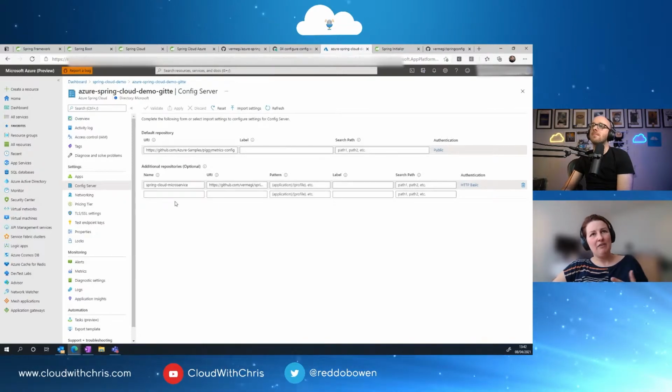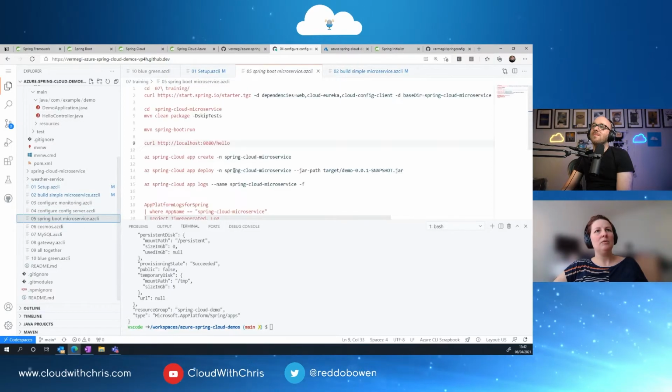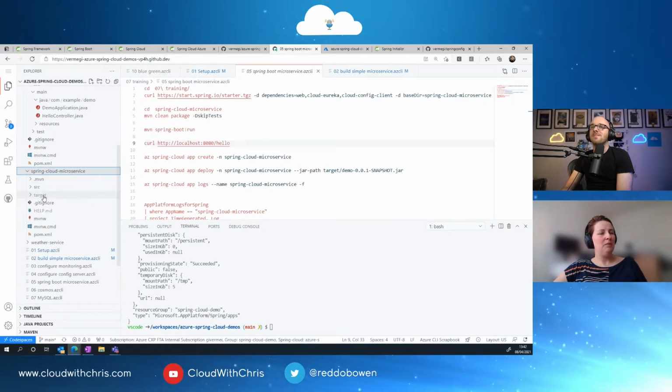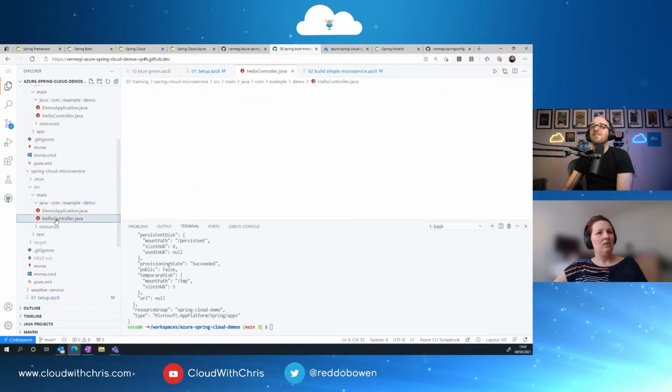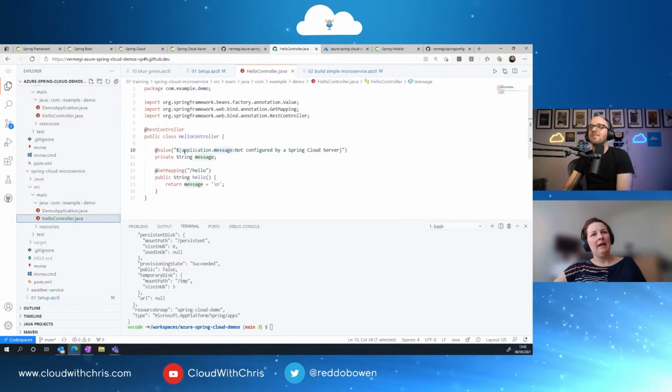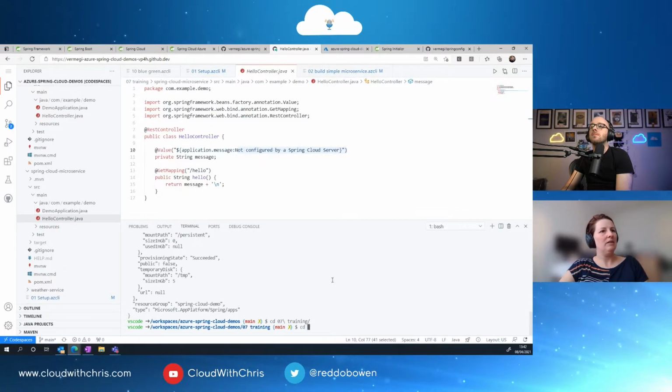But once you have that config server, and I think that's this one where I did that, let me just quickly check which one. It's the Spring Cloud microservice. If we go here to the Java code, this one also has a hello controller. And you see here, it uses a certain value, application message. The application message says this one is not configured by Spring Cloud Server. So if I cd into this one and then I cd into that